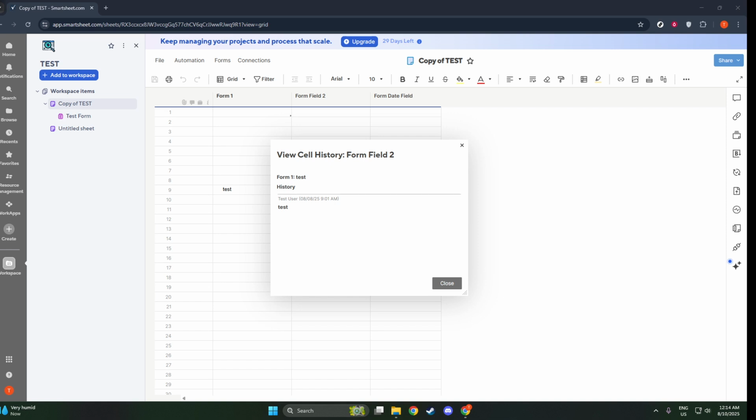Furthermore, maintaining awareness of this history allows for better project management and can aid in resolving any discrepancies that may arise. If you notice unexpected data, you can simply refer back to this history to investigate and resolve any issues quickly. And that's it. Viewing the cell history in Smartsheet is a straightforward process, yet invaluable in managing your collaborative